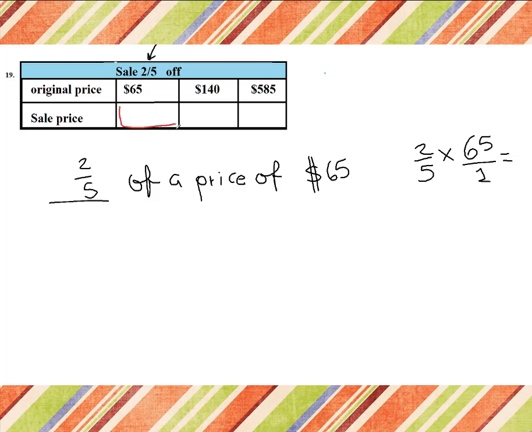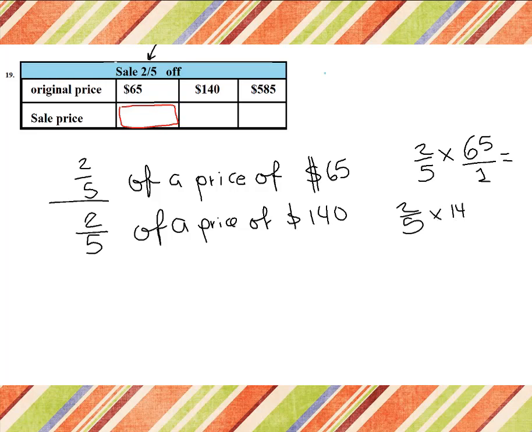Remember, 2/5. You need to multiply times the original price and put a number below, and you have to solve it by yourself. And the answer, you must write it here on this part. Let me help you. Just starting the second price. Remember, the sale price is 2/5 of the original price. You don't have to write this, but I do it only so you understand. The original price is